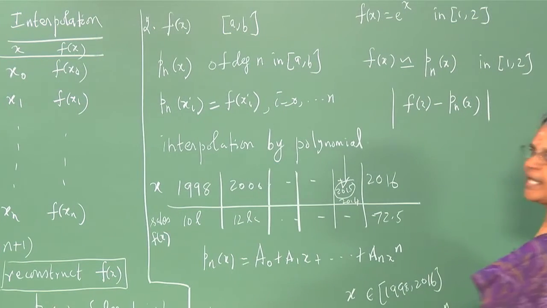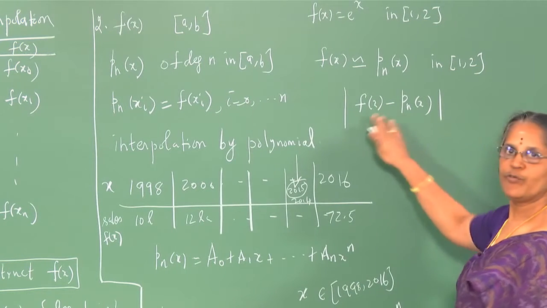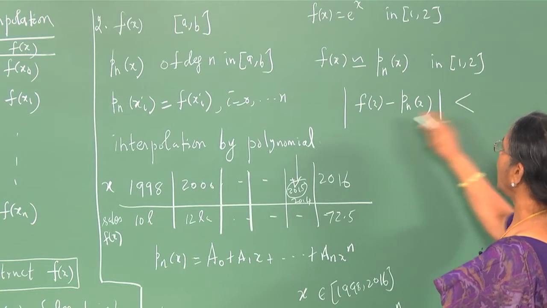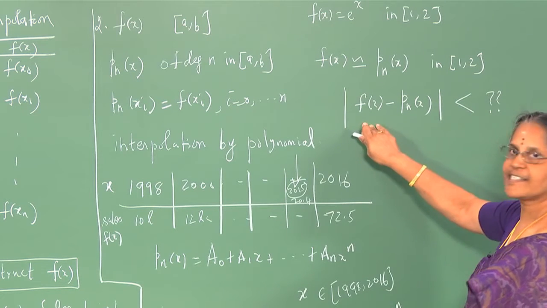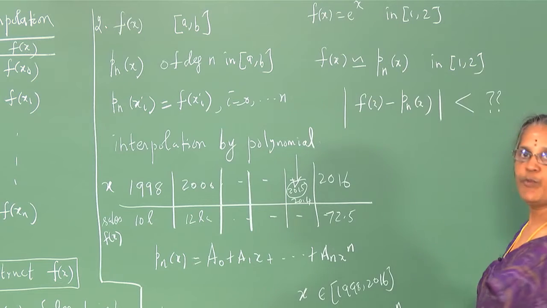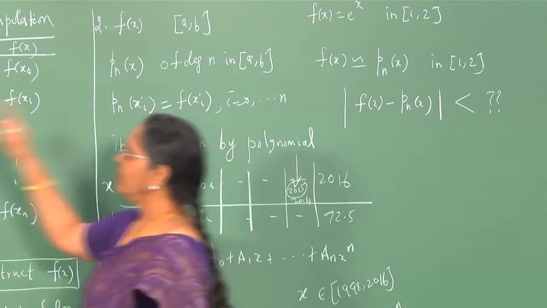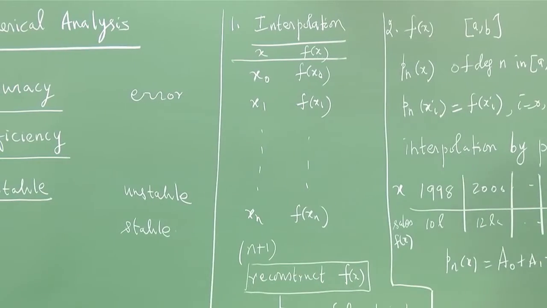So, we should be able to see what is the bound on the error, namely the absolute value of the difference between the two, and see whether it can be made less than some quantity at any x which is in 1 to 2. So, we will be concerned with the accuracy of the approximation that we have made